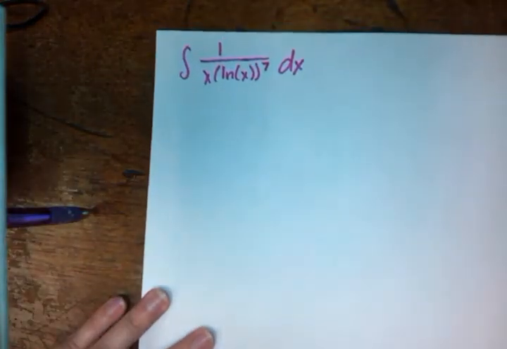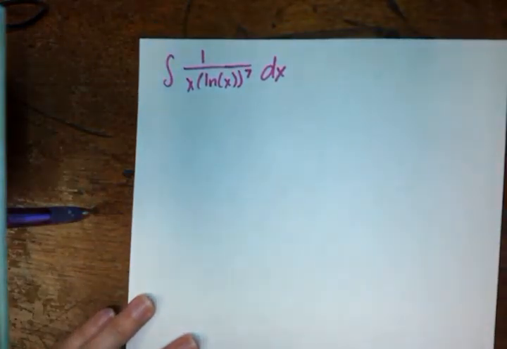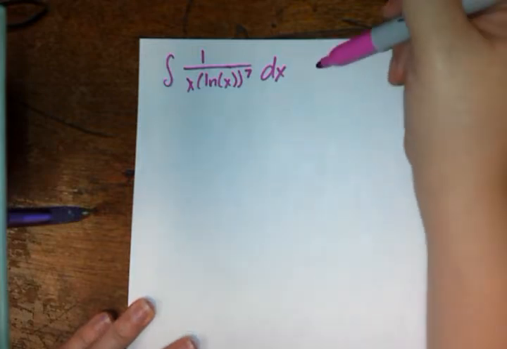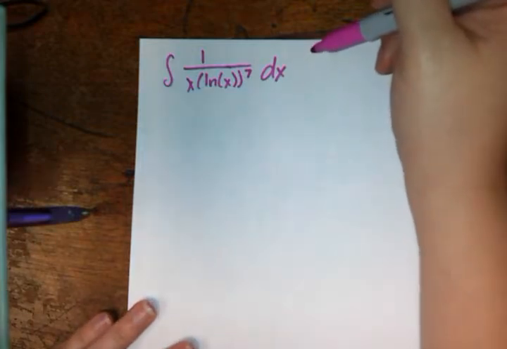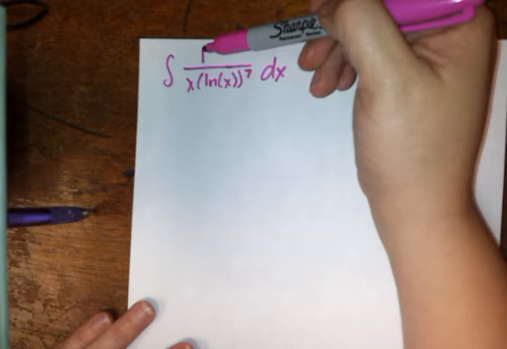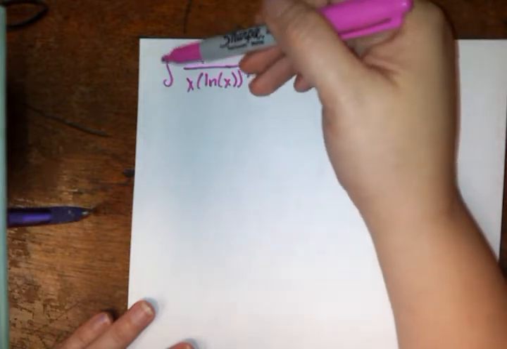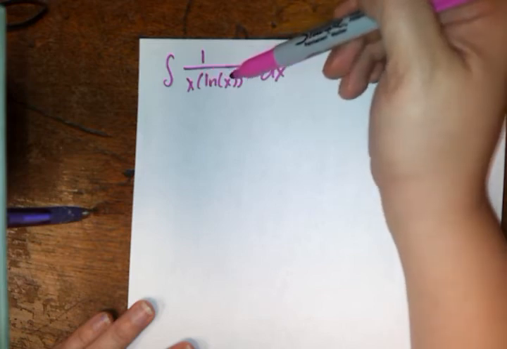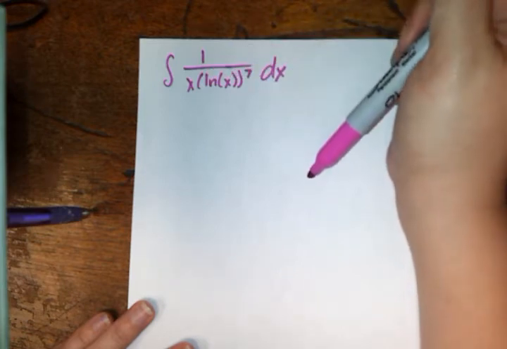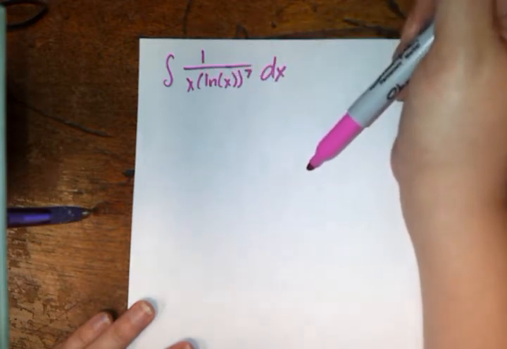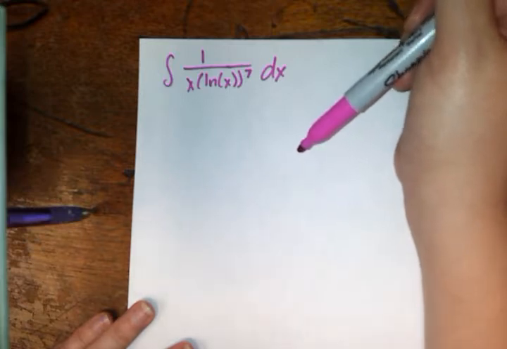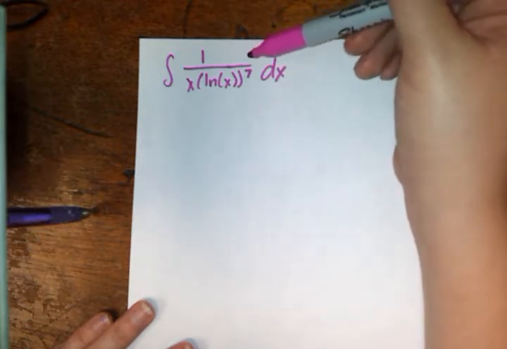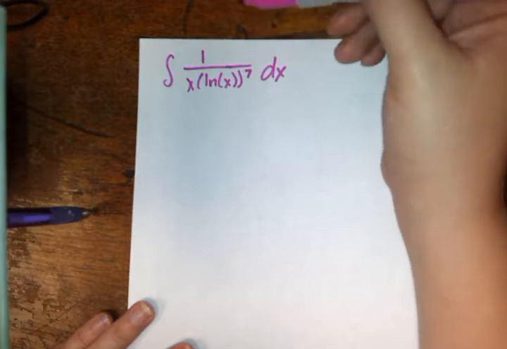Okay, let's take a look at question number 12 on homework 18. This one is going to involve a little bit of rewriting for this to make sense. The function that they're giving us to take the integral of is 1 over x times the natural log of x to the 7th. Okay, there's a lot going on here, but I think that we can figure this out